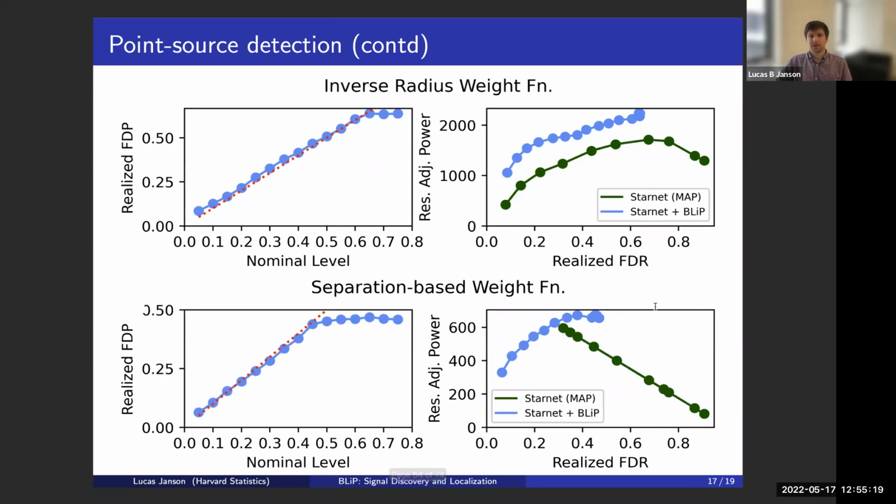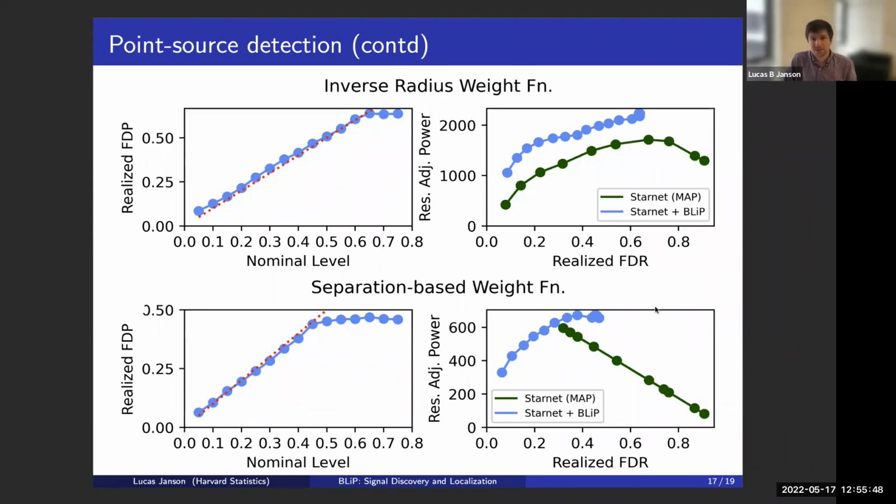All right, and then last I want to talk about this other weight function that I introduced at the beginning of the talk. If you use this separation-based weight function, you're getting a very different answer. We're no longer penalizing the size of discovered regions at all. We're only penalizing the size of the confidence set for the number of sources in a discovered region. So we want to be confident about how many sources lie in a discovered region, and that's really the only thing we're